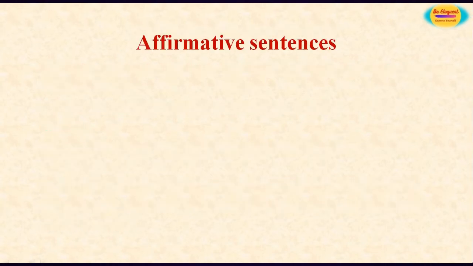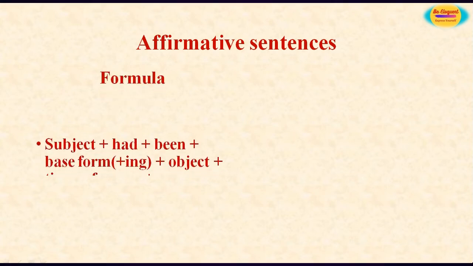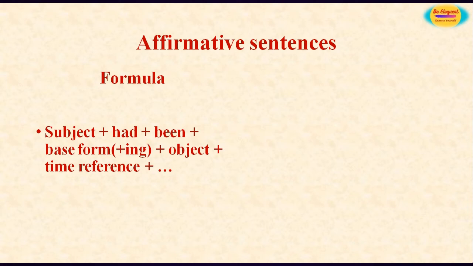To make affirmative sentences, we use this formula. Subject plus had plus been and base form of the verb along with ing and object and time reference along with rest of the sentence. Examples of positive sentences are: